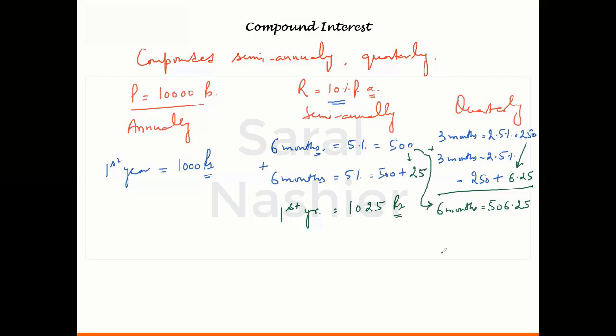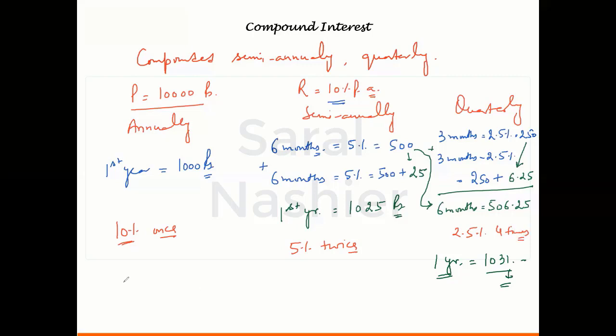And obviously, if I go on like this, the interest for one complete year would certainly be more than 1025. It will be something like 1031 point something. I don't exactly know the value, but it will be surely more than that. So what happens when you convert it to semi-annually or quarterly? The simple logic is, in case of annually, you are charged 10% only once. In case of semi-annually, you are charged 5% twice. In case of quarterly, you are charged 2.5% 4 times, right?